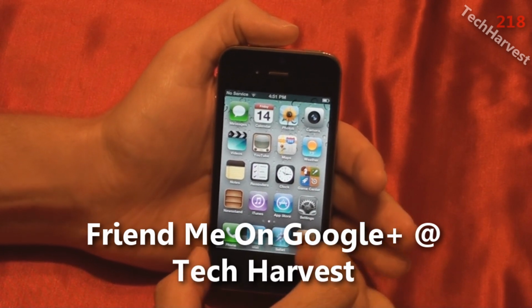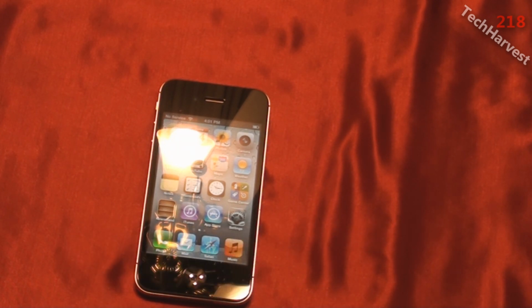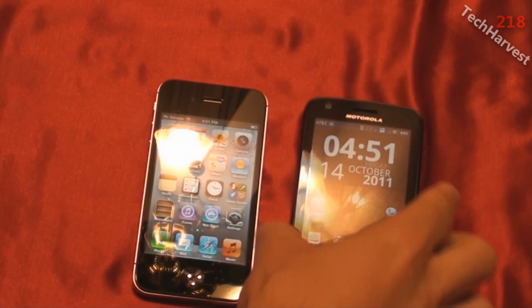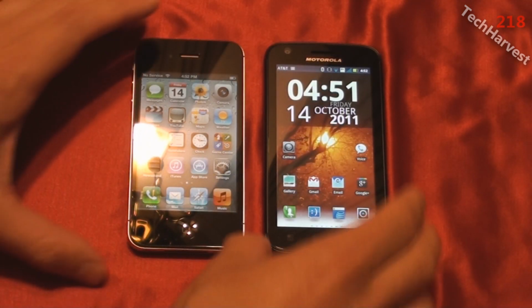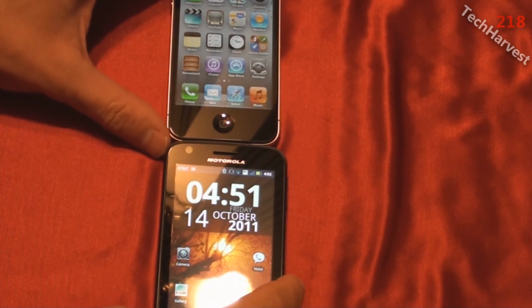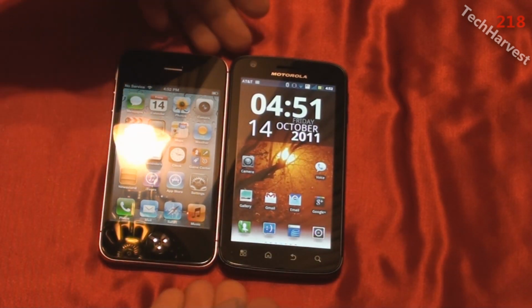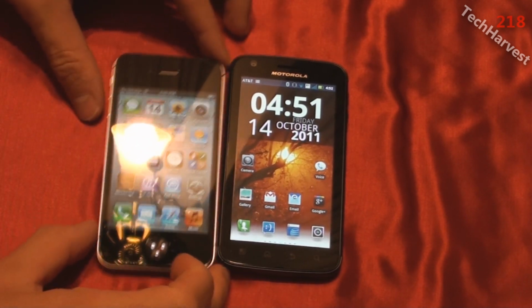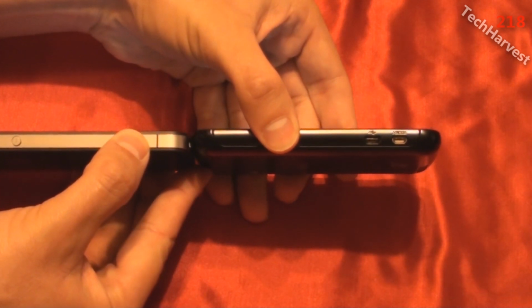Now, to give you a size comparison, I have my Motorola Atrix phone here, and I'm going to put them side by side, and you can actually see the difference in the screen sizes on both devices here, and this difference in the size on them as well. Now, as you can see, they're similar in size, but let's size them up to each other. The Atrix is a little bit wider. They're just about the same height, pretty much spot on. And the thickness on both devices, you can see that the iPhone is a little bit thinner